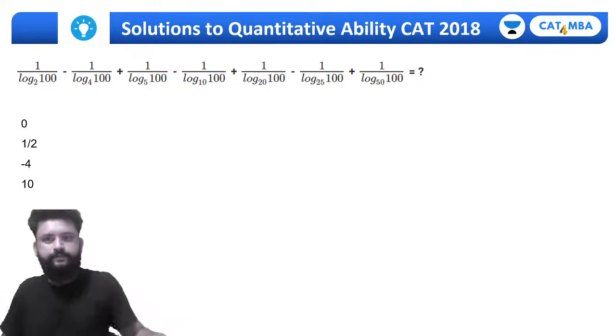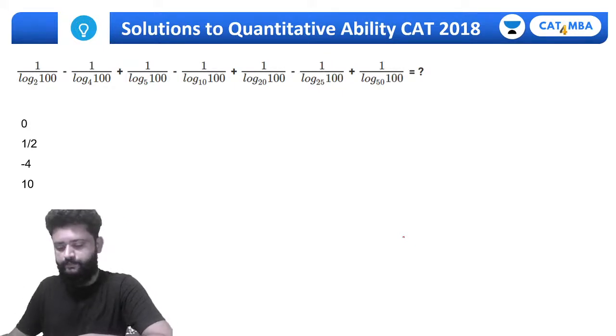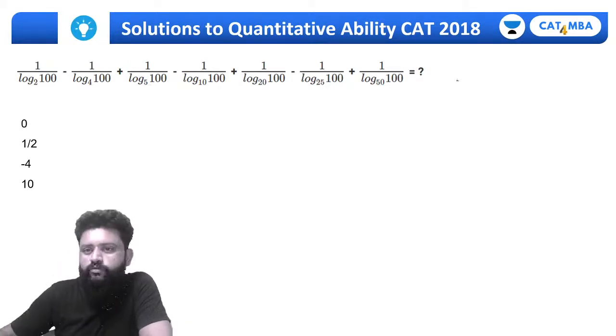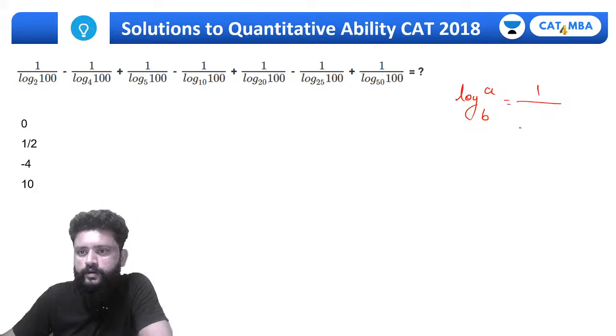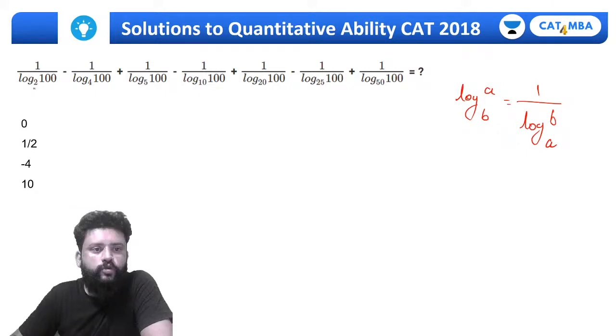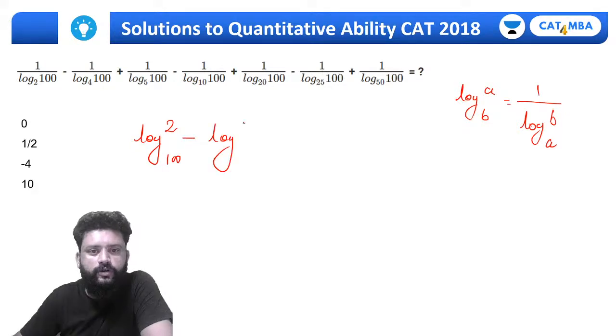One last question for the day, and this is an easy question from logarithm. So basically one property we are going to use here is log of a to the base b is equal to 1 upon log of b to the base a. That's the first thing I'm going to use here. So 1 upon log of 100 to the base 2 can be written as log of 2 to the base 100